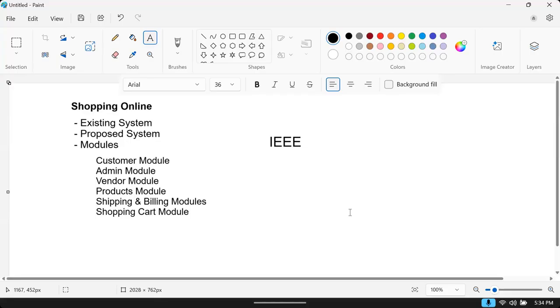So actually, why does a college ask you to do an academic project, and what is its nature? In academics, whatever projects your universities ask for, the nature of the project is that you have to take an existing system. Suppose it is bus reservation. Apps are already there for that bus reservation system.